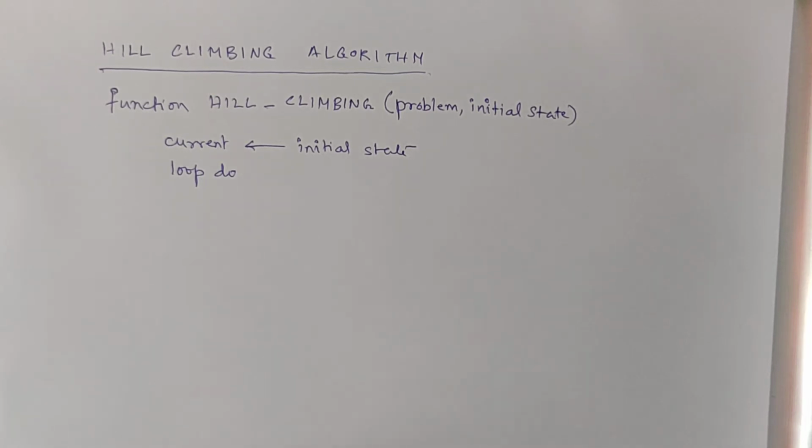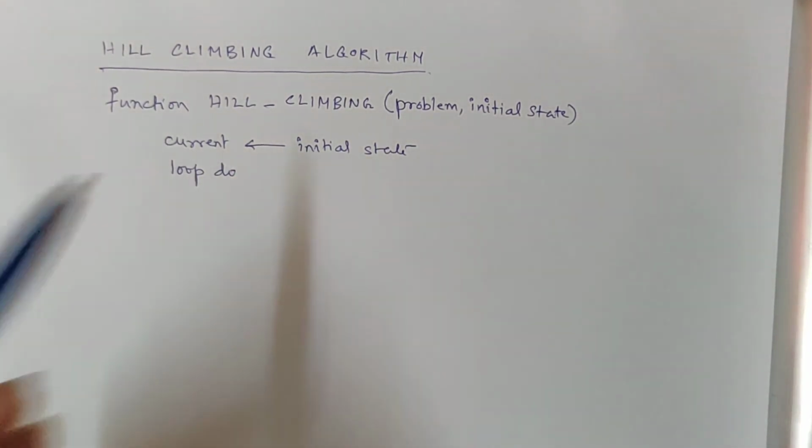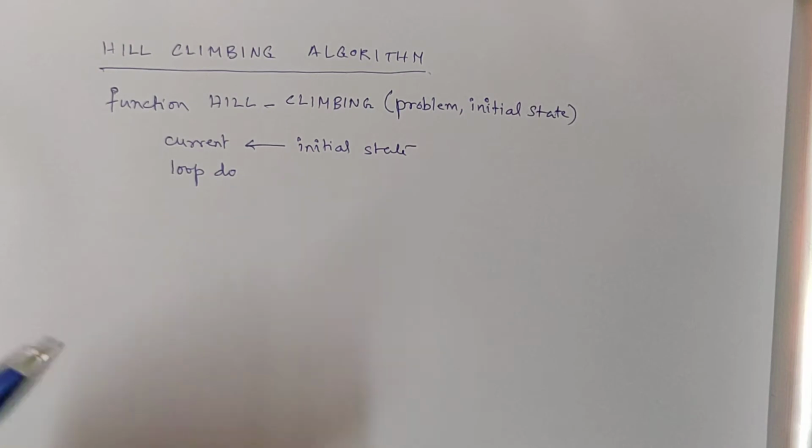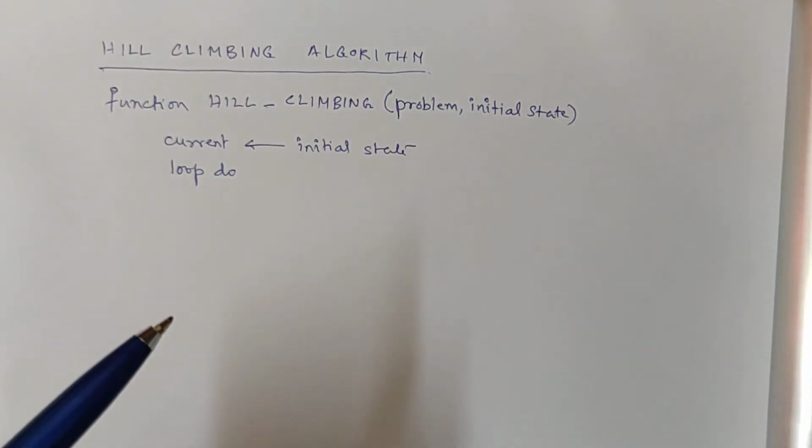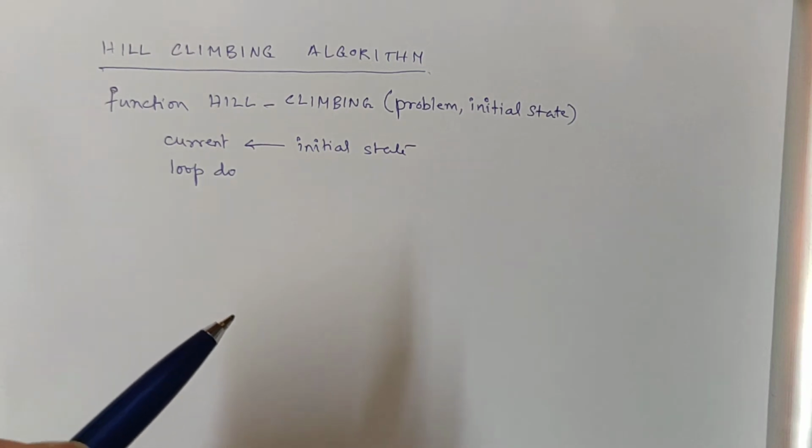Successor nodes were those nodes which we could reach from the current node by doing some valid action. So in the loop, I generate all the valid successors of my current node by doing all possible valid actions,